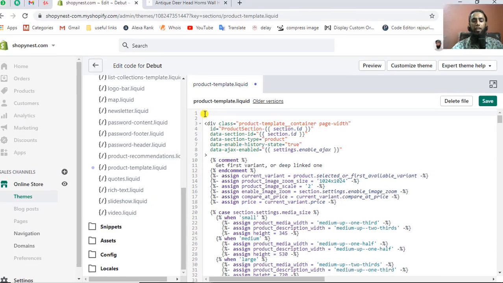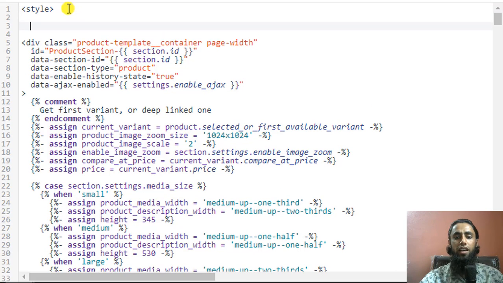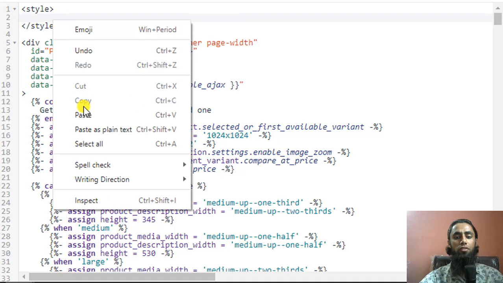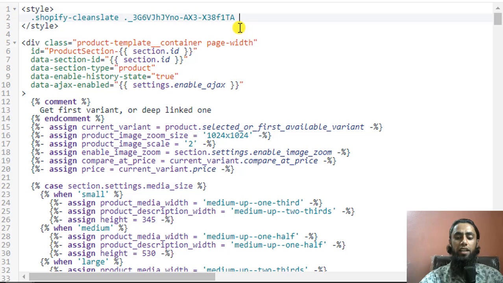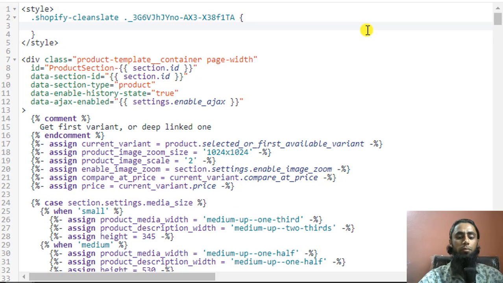First of all, you need to write here style, STYLE, and that should be inside angular brackets, and below this we have the closing tag of style. Once you add the forward slash, it is considered the closing tag, and here you need to paste that code which you copied from the browser. I have pasted that code, and then in front of that we have to add curly braces. Inside the curly braces we have to add the CSS property. That property name is display